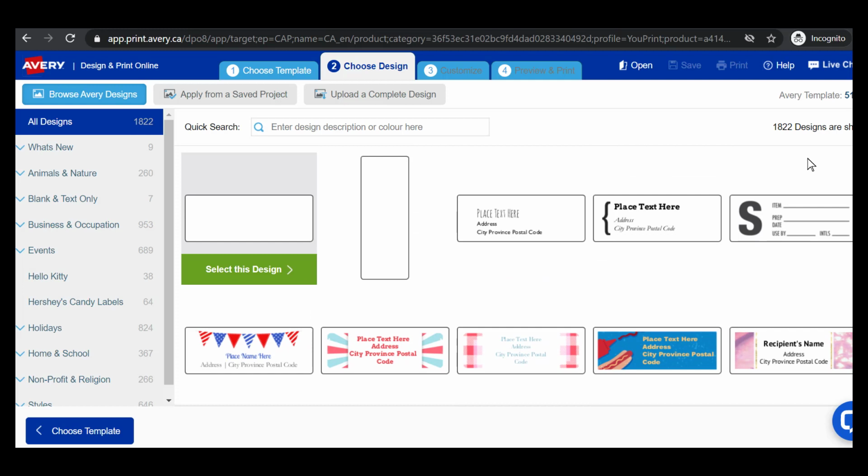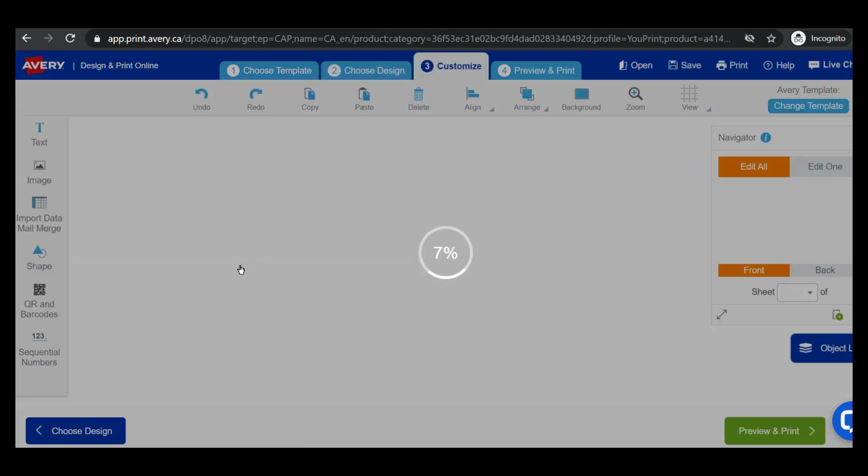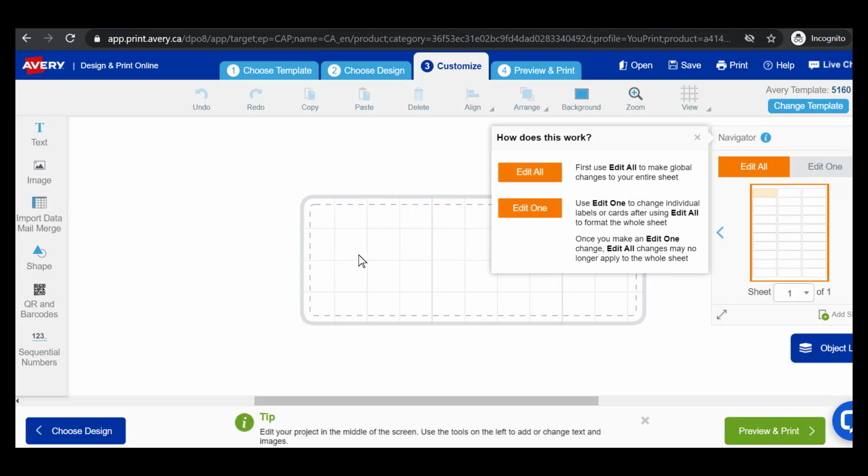And now I'm not going to waste our time here. Because I'm doing a mail merge, I just like a blank because I don't want the type to be on top of some image that I didn't line up properly or something like that. I'm just going to keep it simple here. So if you want to go ahead and put in some images, you can, but let's keep it simple for our demo purposes. And now it's asking me, whatever you're about to create here, are you creating it just for this top label, or are you creating it for all of them? So I'm going to say edit all,